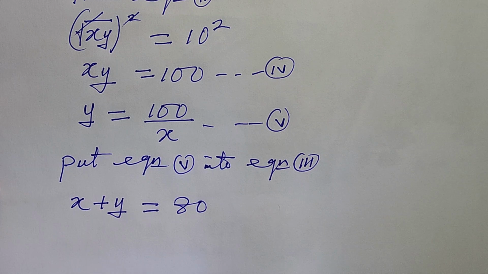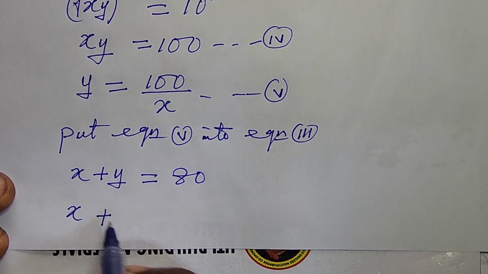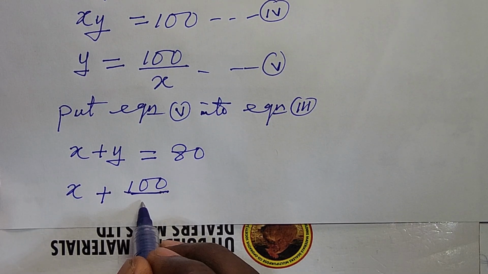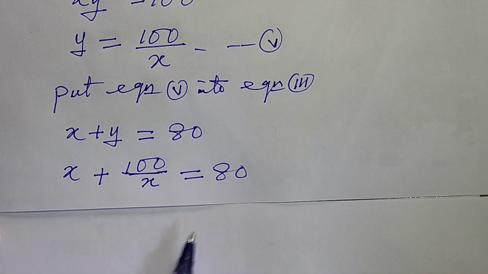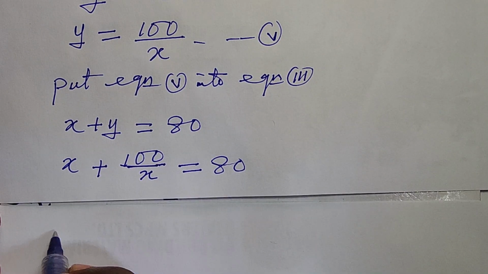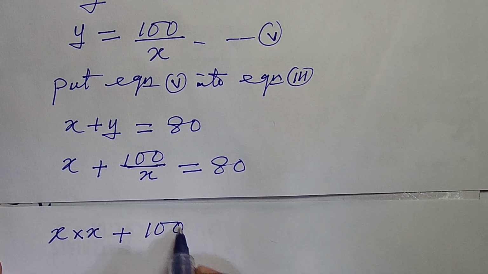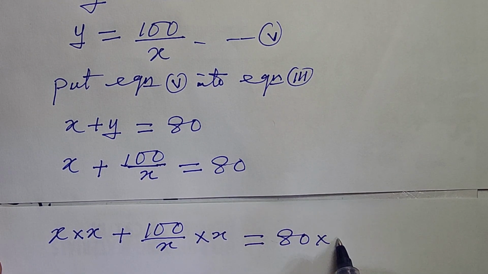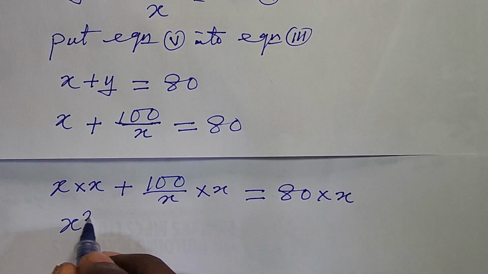So wherever we see y, let's put in this quantity here. So this is going to give us x plus 100 all over x, equal to 80. From here, let's eliminate this x at the denominator. We multiply through by that x. So this is going to give us x times x plus 100 all over x times x, equal to 80 times x. Also, from here, this is going to give us x to the power of 2